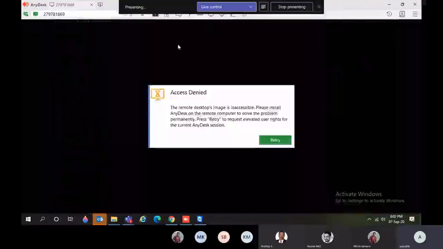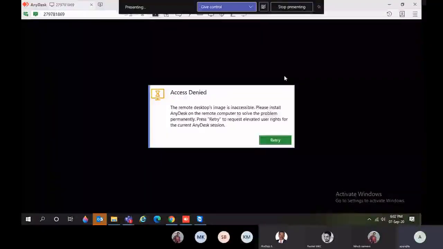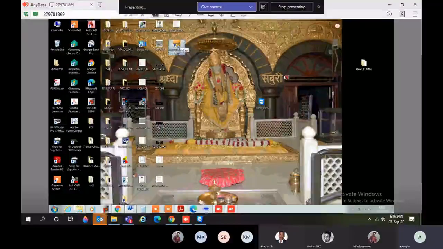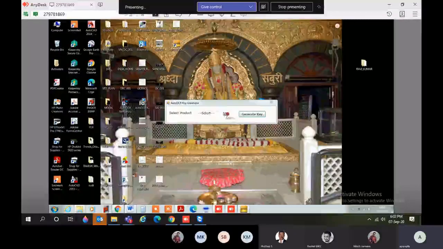So click on Auto DCR key. Then from the drop down, select Auto DCR.